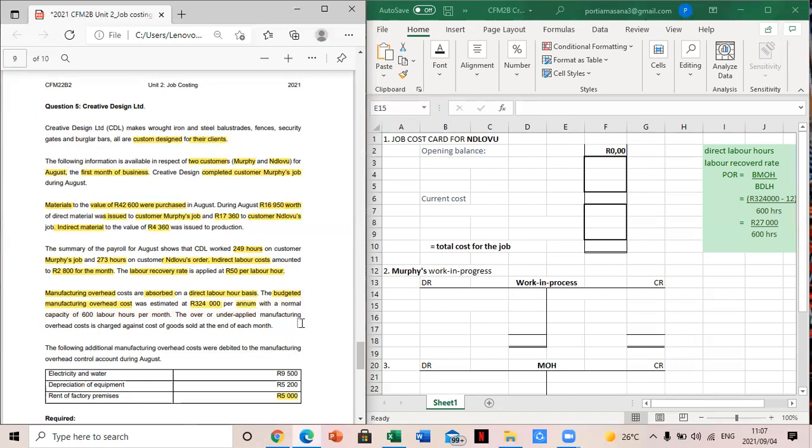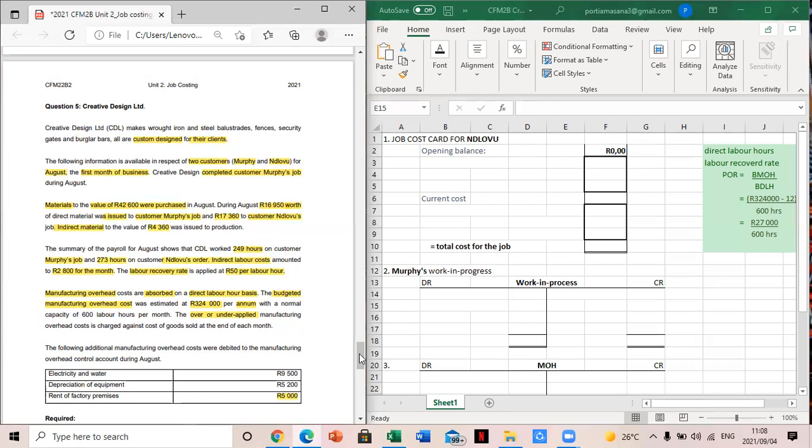And remember, I had told you that here we're calculating per month. So basically what we'd have to do here is find the amount per month. So we take this amount and divide it by 12 months, okay? With a normal capacity of 600 labor hours per month, okay? The over or under applied manufacturing overhead cost is charged against the cost of goods sold at the end